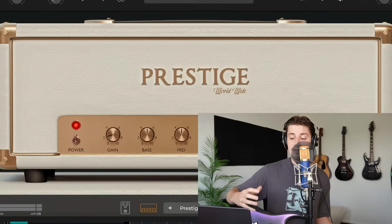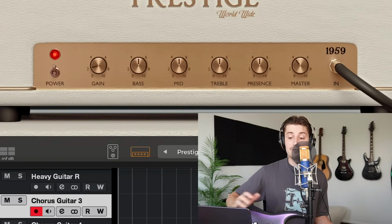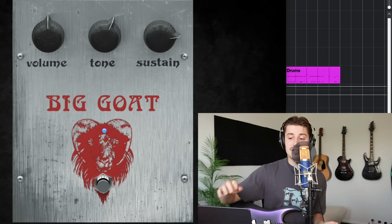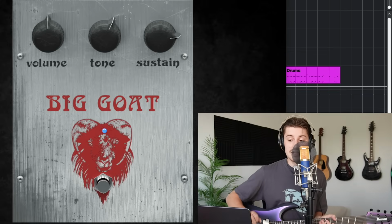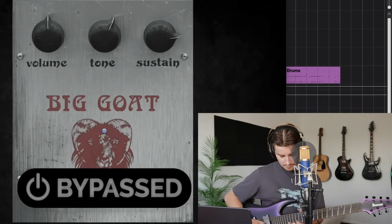So this one, again, like the other effects track, is the Prestige amp with a bunch of delay and reverb after it, but in front of the amp, I've used the Big Goat, which is modeled on a Big Muff. And this insane distortion is what makes the difference. Without this, it's just going to sound like The Cure or something. Still very Deftones, but for this huge chorus, we need